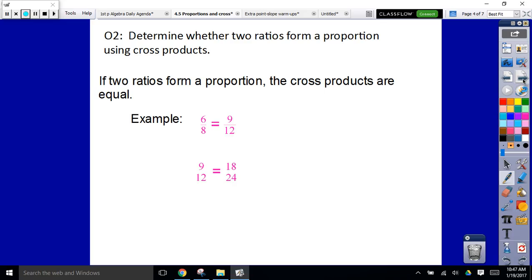Okay, our second objective is to determine whether two ratios form a proportion using cross products. And this is kind of a neat thing that works out when we have a proportion. If two ratios form a proportion, then cross products are equal. That means the numbers that are diagonally across from each other, such as the 6 and the 12,